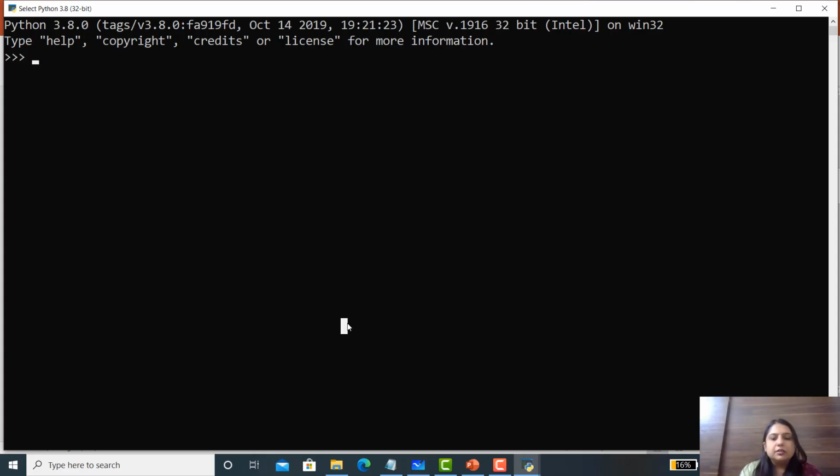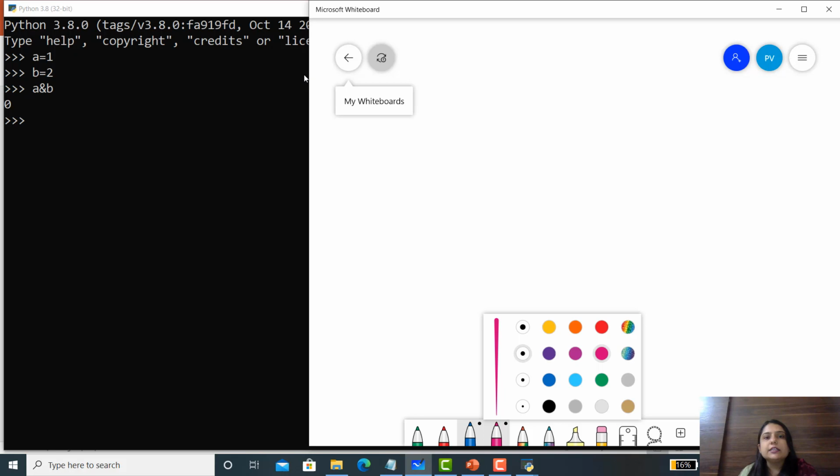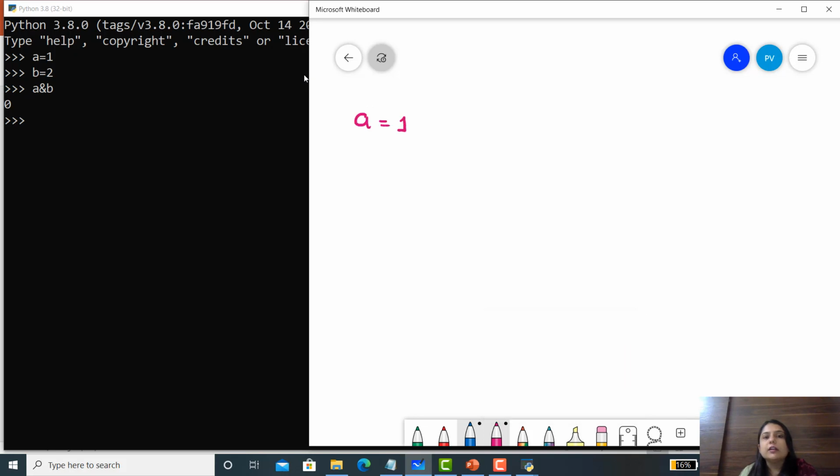Consider the value of A is 1 and the value of B is 2. If I perform the AND operation, A and B, the answer is 0. This AND operation is just like our digital operation. Here A equals 1, so first we convert it into binary, which gives 0 0 0 0 0 0 0 1.